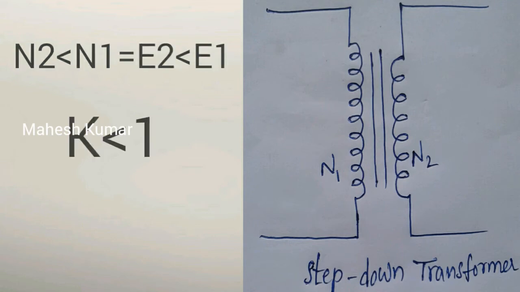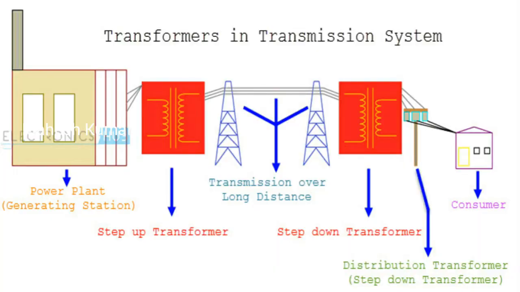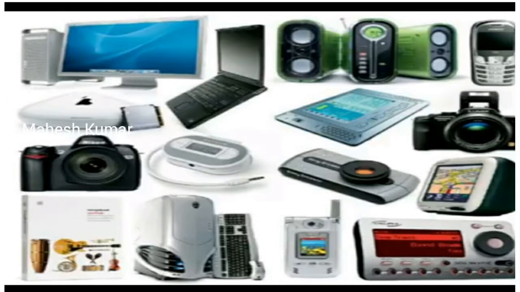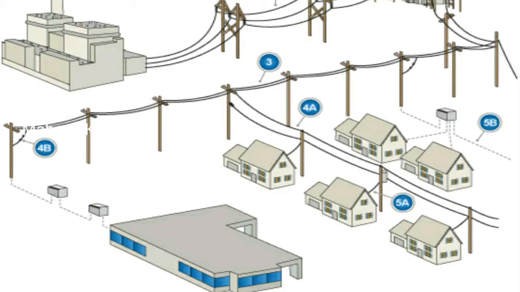Simply, we can say a step-down transformer converts high voltage low current to low voltage high current. Actually, the purpose of a step-down transformer is to decrease the voltage to a safe value at the end of the transmission lines for the distribution of electricity to the consumers. Because mostly electronic devices require low voltages to operate the semiconductor components that they depend on for their operation.